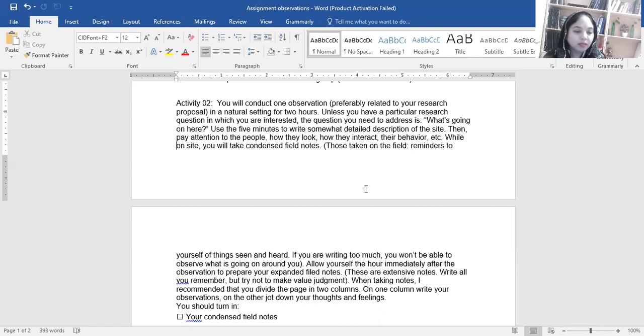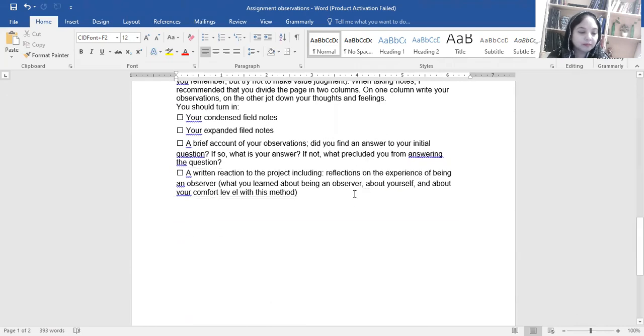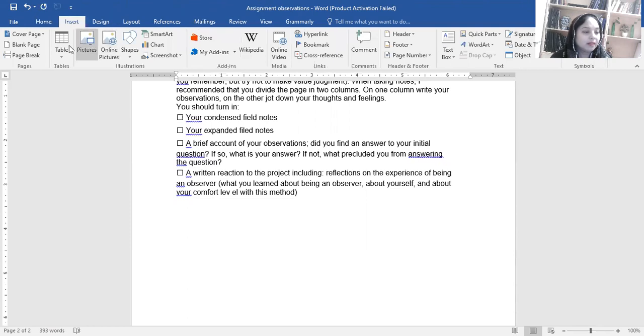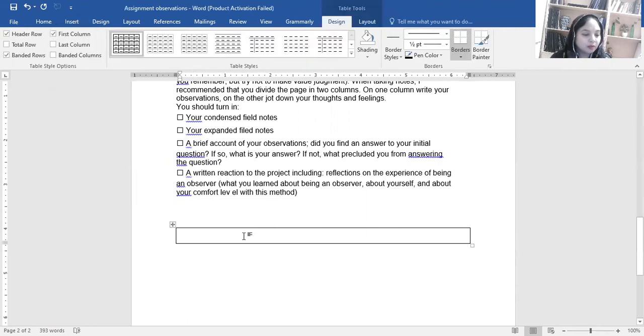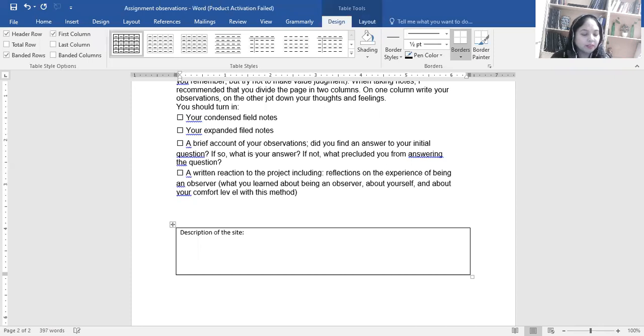So what is going on there? You need to address what is going on there. Use the 5 minutes to write some more detailed description of the site. सबसे पहले जो आप बनाएंगे वो description of the site, I am going to do this with you. एक आपके पास होगा डिस्क्रिप्शन ऑफ दी साइट, जगह क्या है, किस तरह की सेटिंग है, सोफे हैं, बेंचेस हैं, ट्रीज हैं, व्हाट इज देयर। और इसके साथ साथ आप मैप भी बनाएंगे,